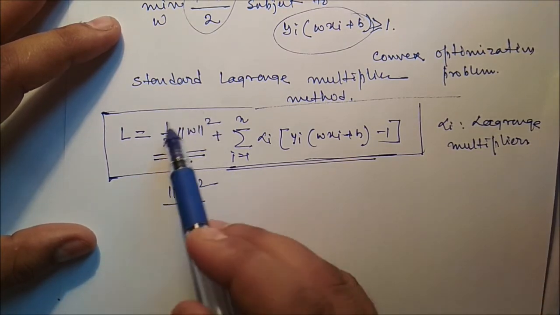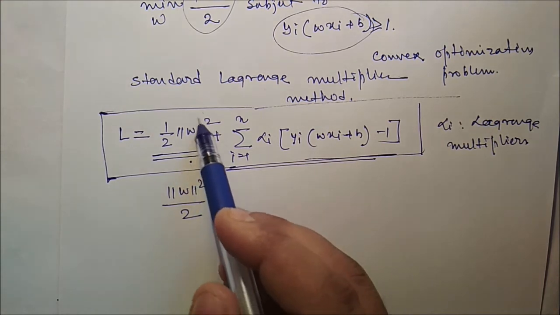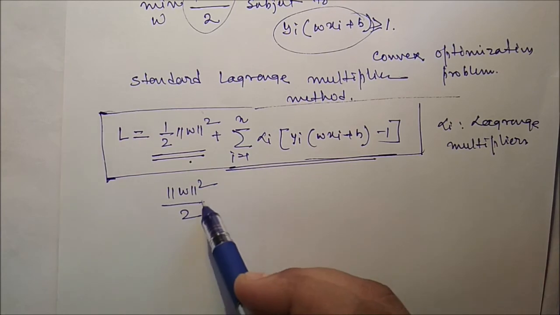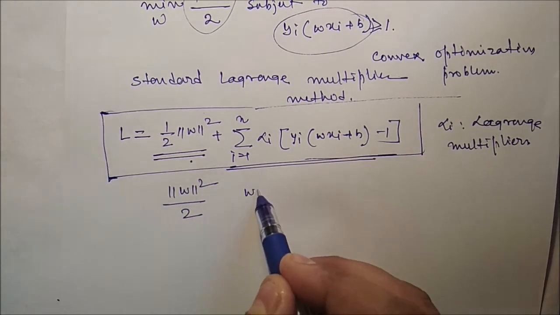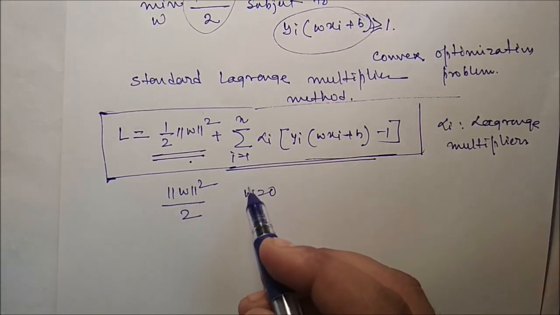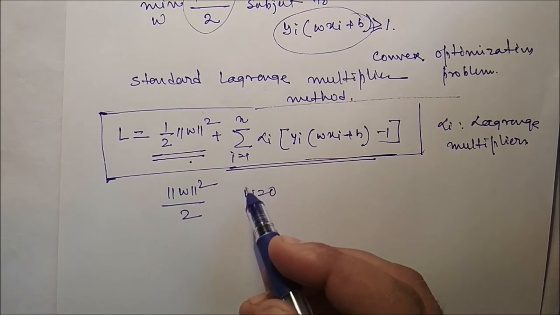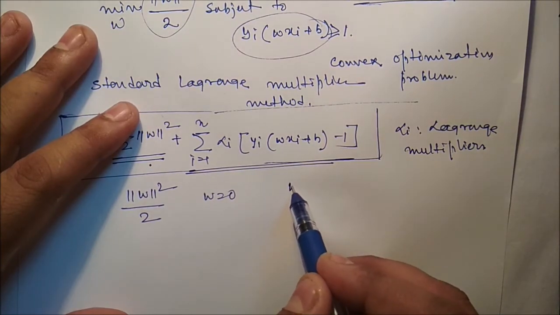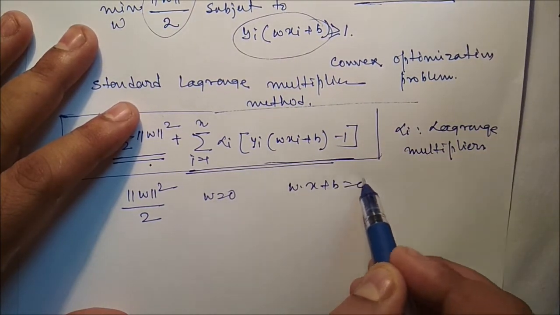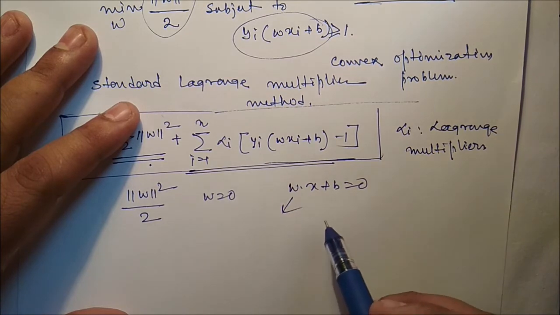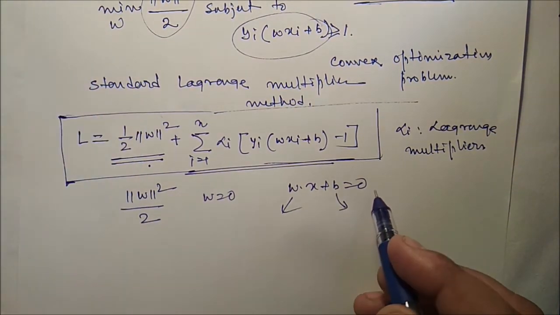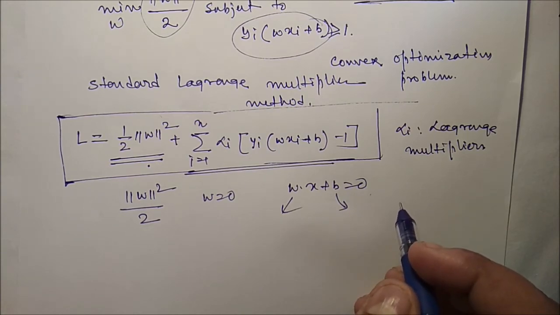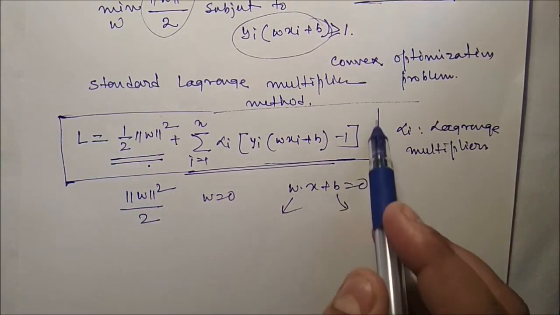So why should we not consider only this particular part? Now this objective function is minimized when w is equal to 0, a null vector whose components are all zeros. But our equation is wx plus b is equal to 0. If w is 0, then b is also 0, and that is not a feasible solution. Therefore we need such an equation.